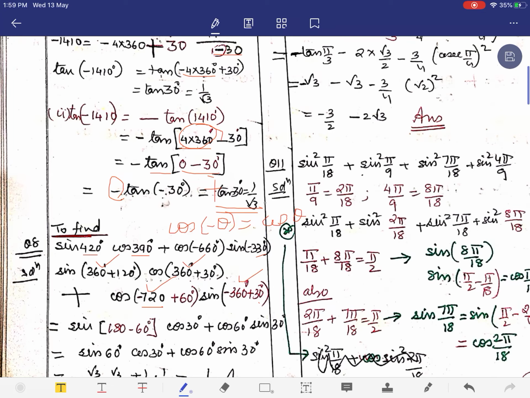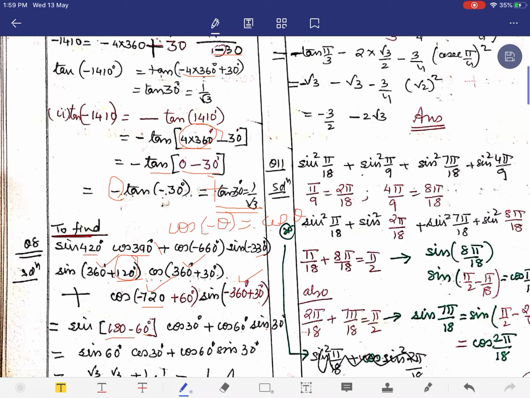Hence what is left is finally sine of 120 degree. Now what is that 120 degree? We are supposed to find the ratio of it. So we need to rewrite this 120 degree in terms of the acute angle. So I am using 180 minus 60 degree. Here it is just cos 30 degree. Then here this also reduces, it becomes cos 60 degree. This is also reduced to sine 30 degree.